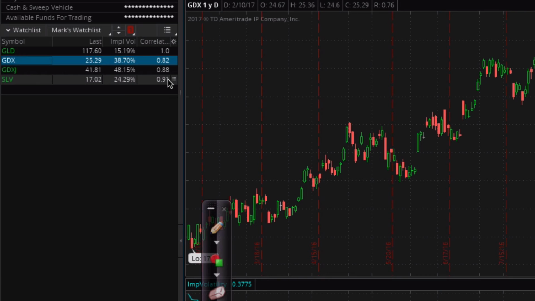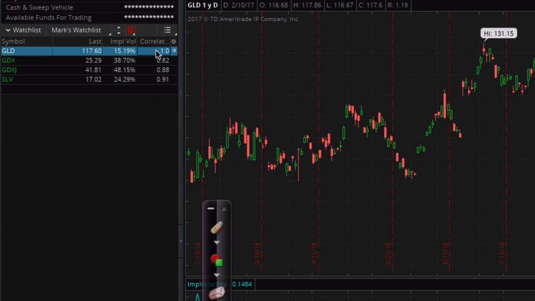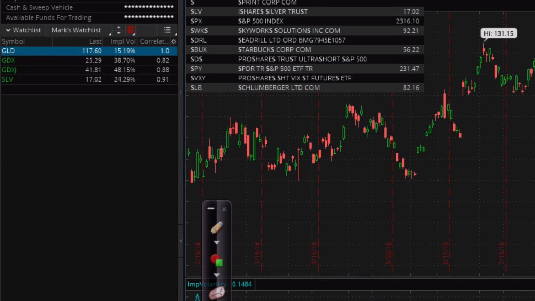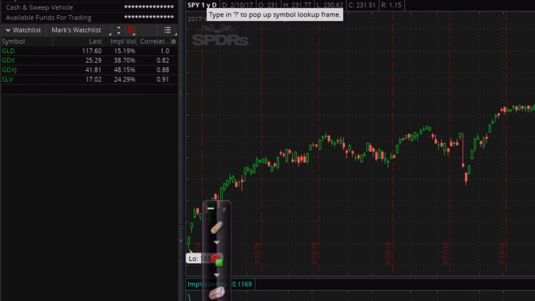Correlation is very important. So if you put on trades in all four of these underlyings, these stocks, and let's say you sold a put in all of them, you're more or less doing the same trade because they're correlated to each other. But if I were to sell a put in GLD and then also sell a put in SPY, I have two uncorrelated, or negatively correlated, trades. One's going to make money one day, one's going to lose money, and then the inverse is going to be true the next day. That's great for active investors